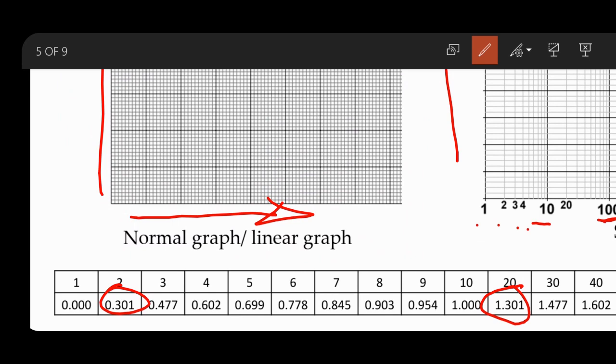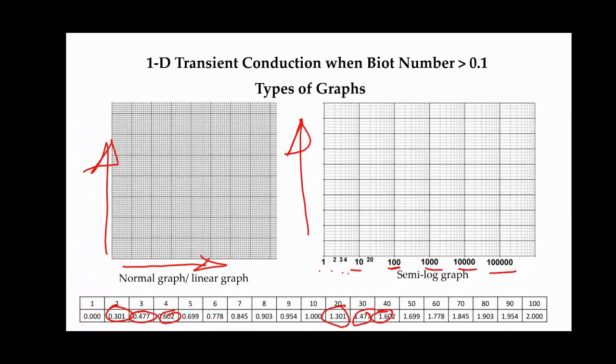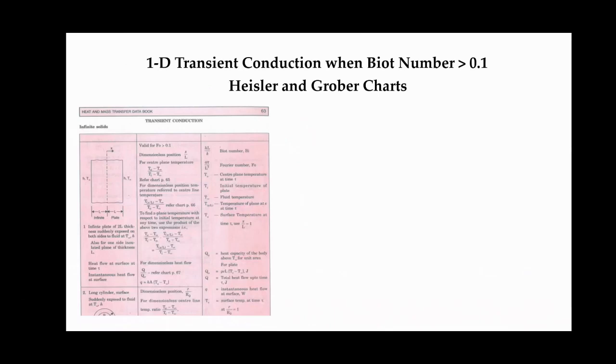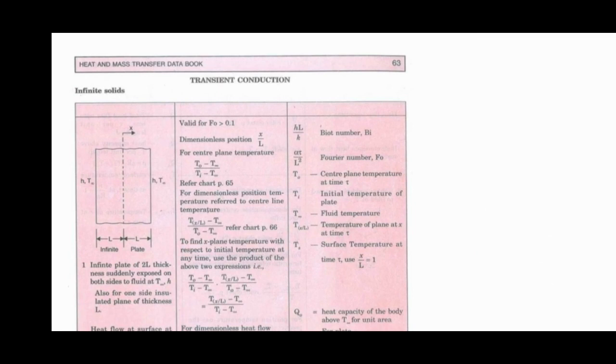Similarly for 30 and 3 it is the same, and for 40 and 4 it will be the same. That is how the semilog graphs are drawn. Now we will be using this semilog graph when we are dealing with the charts given for transient conduction. These charts are called Heisler and Grober charts, after the people who drew them. Before going to that, we need to look into the formulas which we will be using